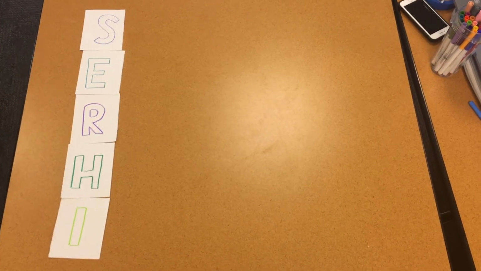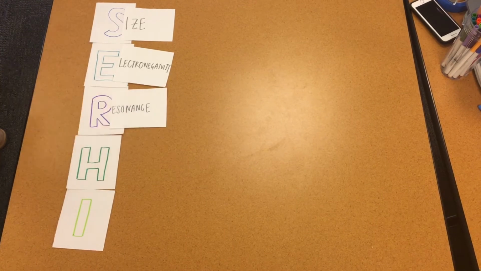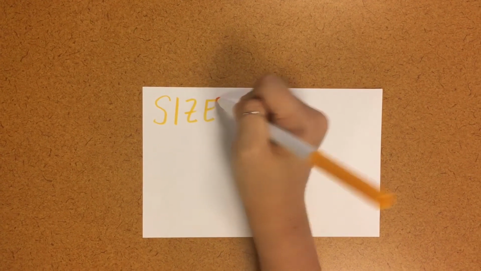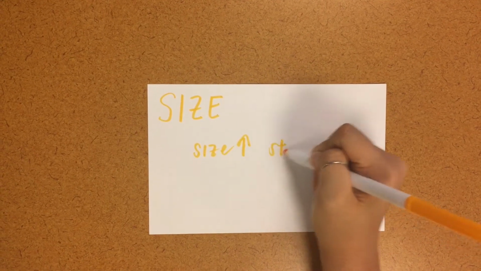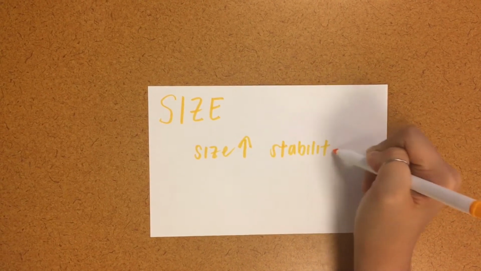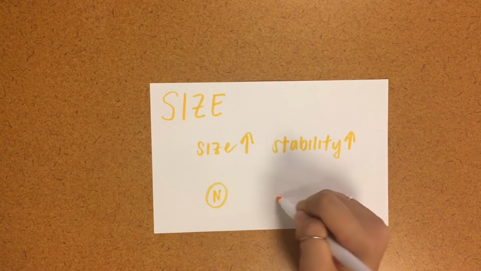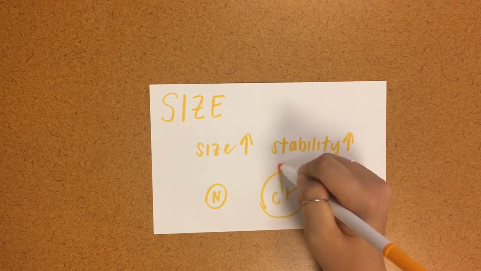SERHI stands for the order of traits that determine conjugate base strength: size, electronegativity, resonance, hybridization, and induction. Size is most important in determining acid strength. The larger the atom, the more stable the conjugate base. This is because the larger atom is better at diffusing and spreading out the negative charge. For example, when you compare nitrogen to chlorine, chlorine is significantly larger and can spread the negative charge better across